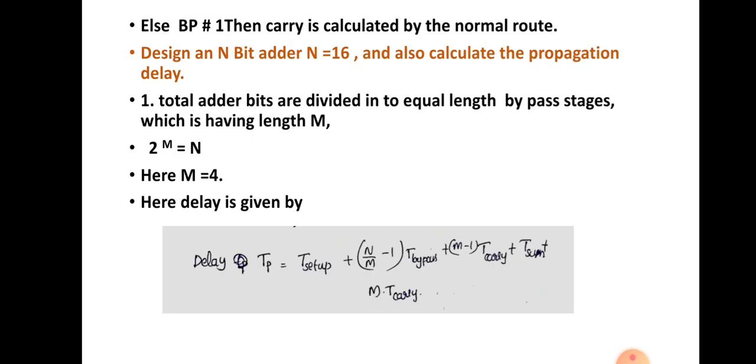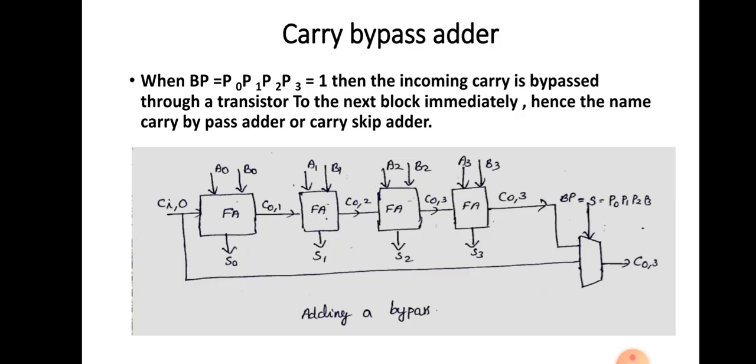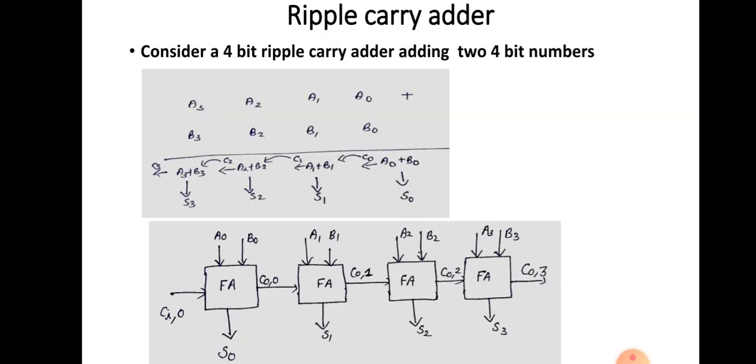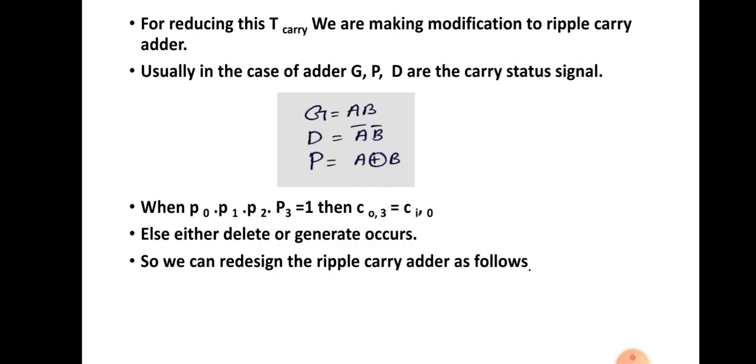Okay, so let us see. We have to calculate the delay for this case. Suppose we have an n bit adder, that means n total bits will be there. Here we have included how many bits? 4 bits were there, and 4 stages of full adder are there. 4 bits are added to another set of 4 bits. That is, 2 numbers were added, and each number is 4 bits.